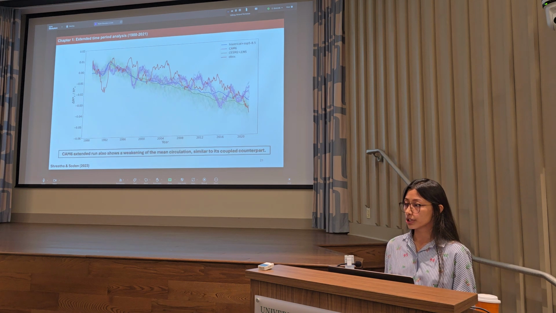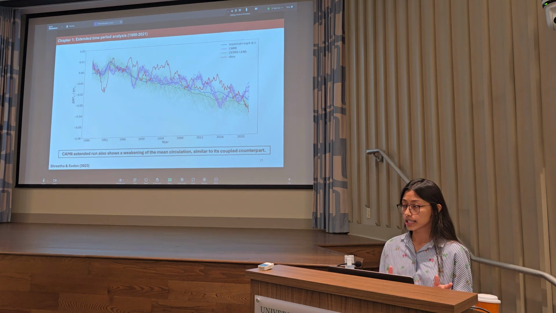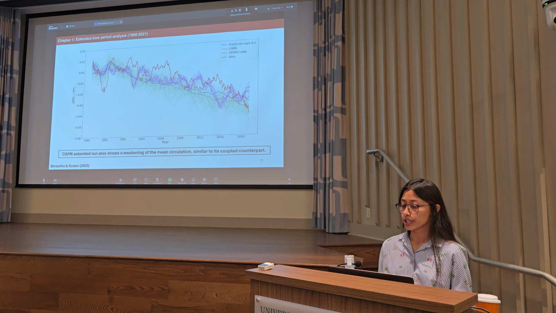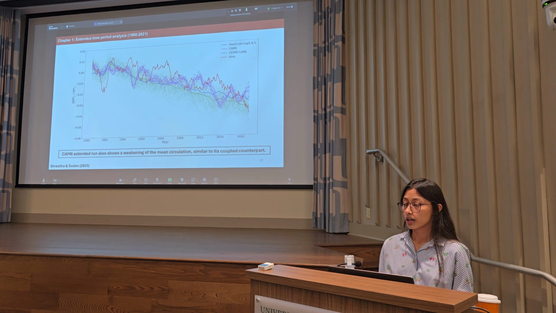In particular, we use the CESM2 large ensemble, which is a 100-member large ensemble sharing the same model physics, but only differing in terms of their internal variability. And we still find this robust weakening of the convective mass flux for the CESM2 large ensemble for all the 100 members, which is also consistent with the atmosphere-only counterpart, the CAM6 ensemble, which extends the prescribed SST AMIP runs to year 2021. Thus, despite differences in the SST pattern, the convective mass flux has weakened both in observations and in climate models, coupled and atmosphere both.